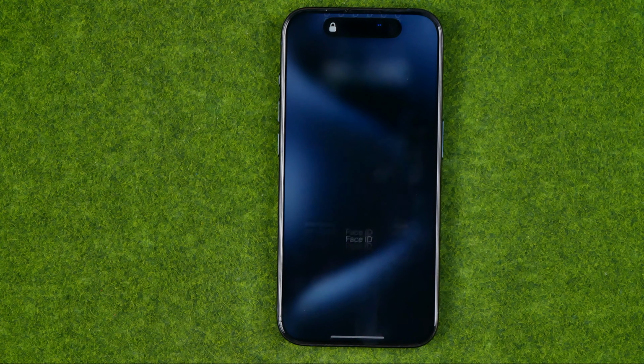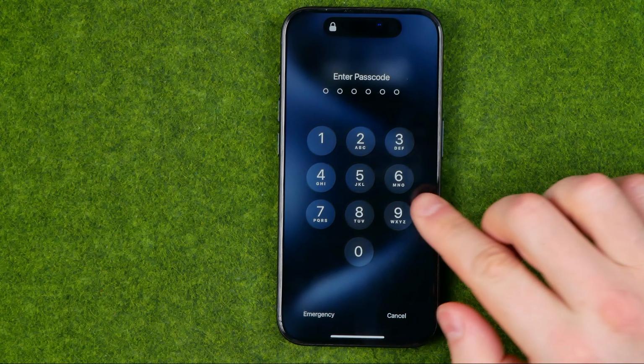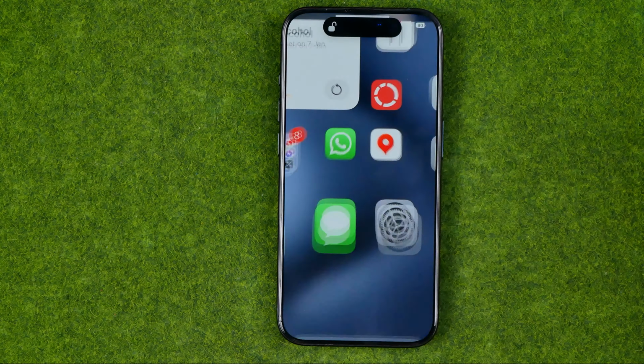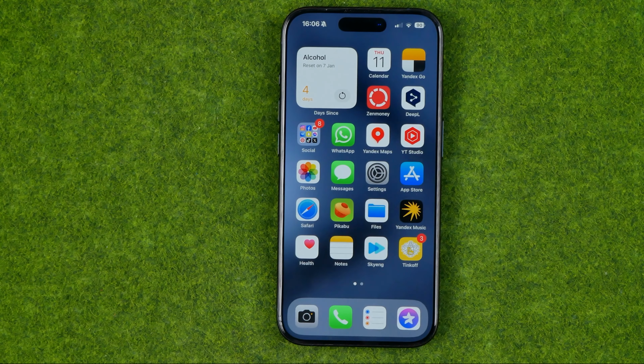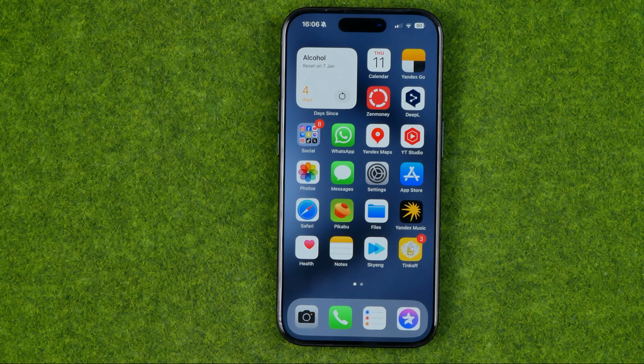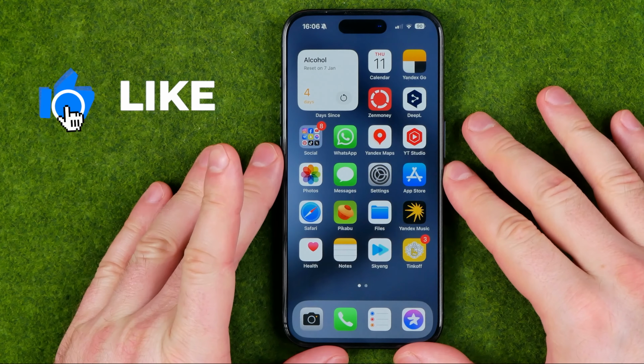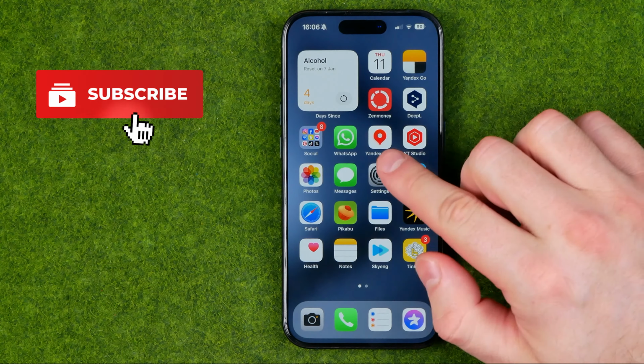In this video, I'm going to show you how you can easily change the password that you use to unlock your iPhone. Be sure to watch the video to the very end so you don't make any mistakes. Let's get started, guys. I'm gonna show you all the process from the beginning, and first off, we need to